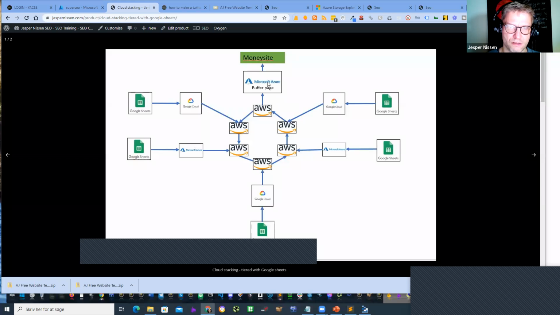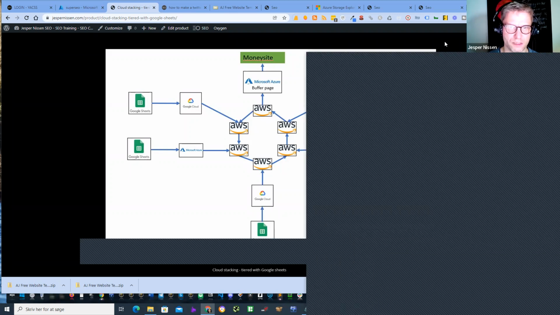The reason I'm changing this around is because I don't want Google's RankBrain, or whatever it's called these days, their ranking robots, to detect the pattern. So that's the reason it's important that you change out Google, Amazon, Azure. If you make a stack, you need to change out so that you don't link 25 Amazon pages in a row, because Google will detect that for sure. And then you don't get the effect that you want.